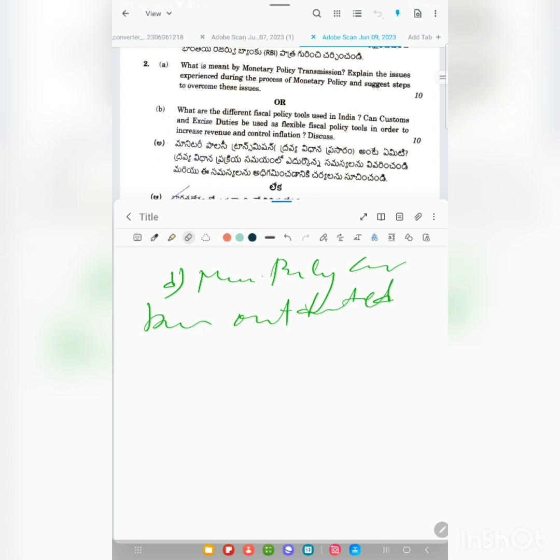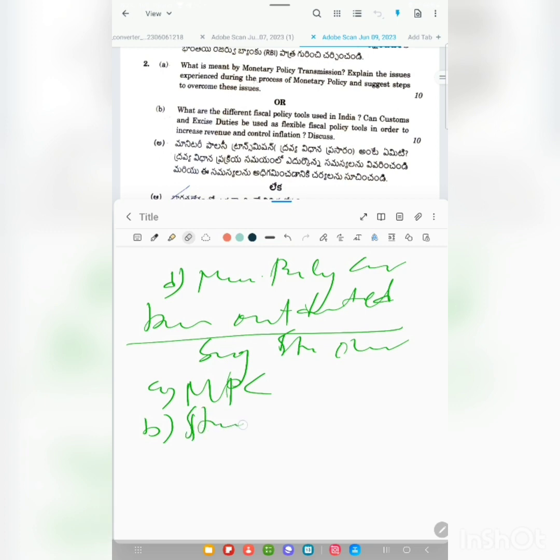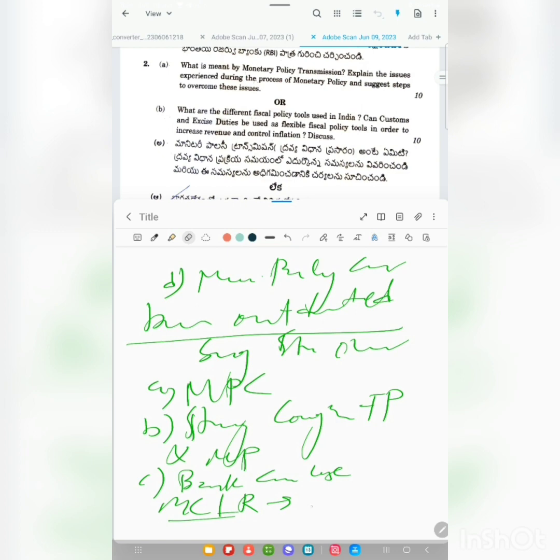That is one thing. And also the other thing is, what does the question suggest as steps to overcome this issue? Again, this is what I just wrote. So we need to have a monetary policy committee. We need to have a strong congruency between fiscal policy and monetary policy. And also banks can use MCLR, marginal cost of funds based lending rate, where the lending rates are linked to